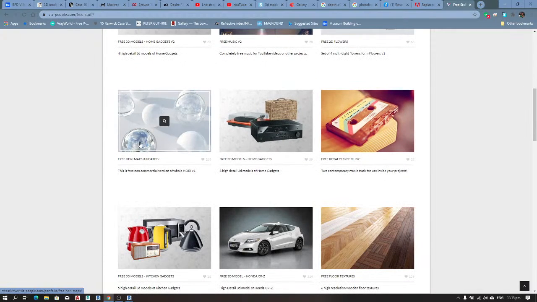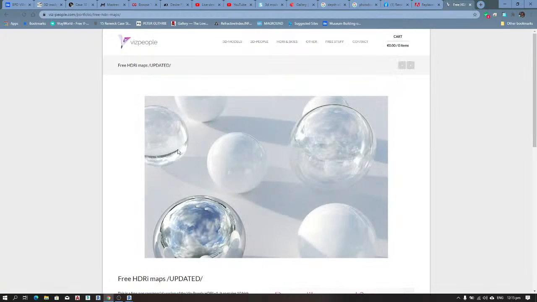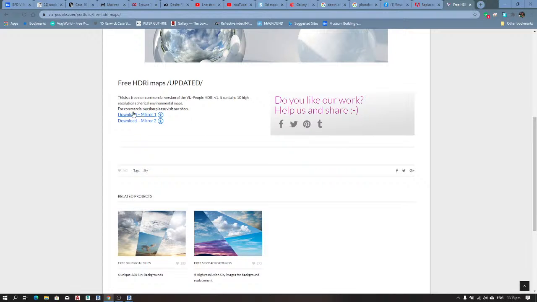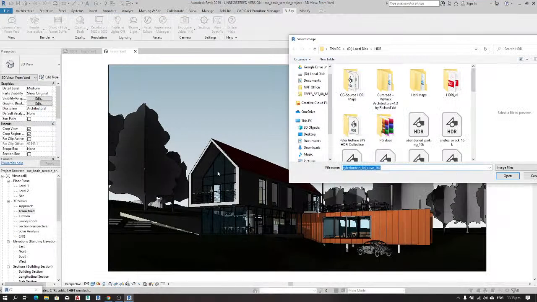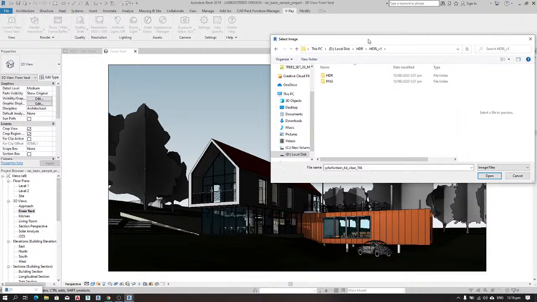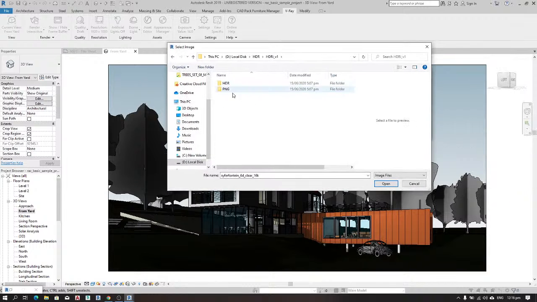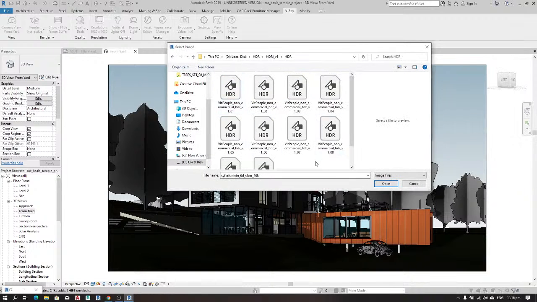So here they have free HDRIs. So if you click on free HDRIs, you can download their HDRIs. Very awesome, and I'm going to be using one of them. So it's going to be HDRI one. This is the way when you download it. This is the way it's going to look,